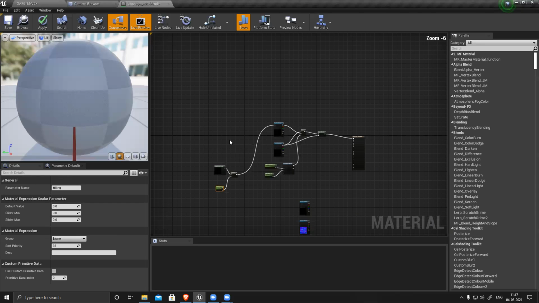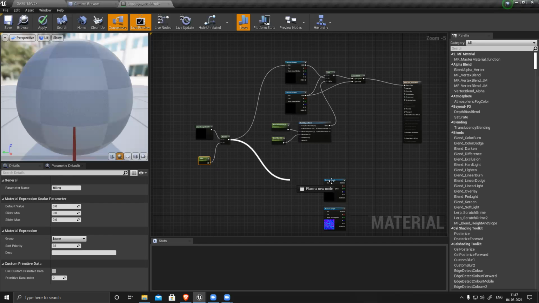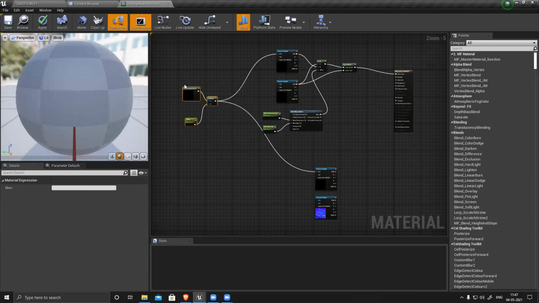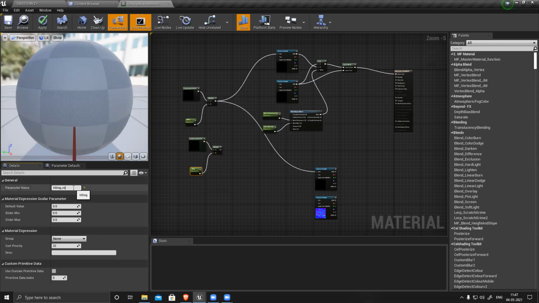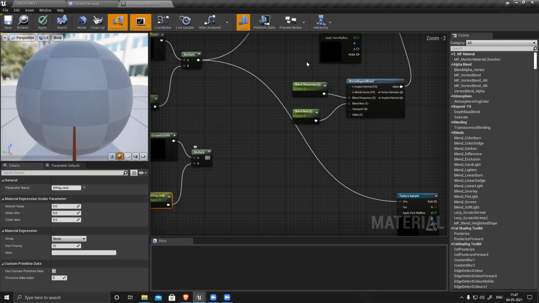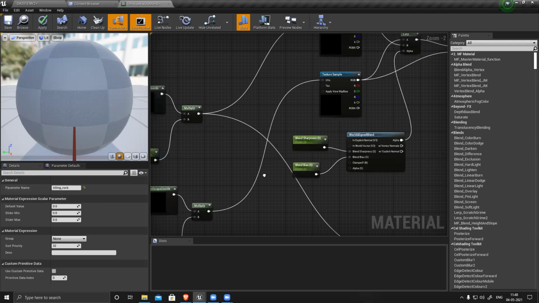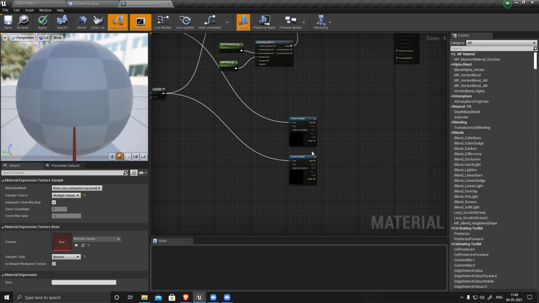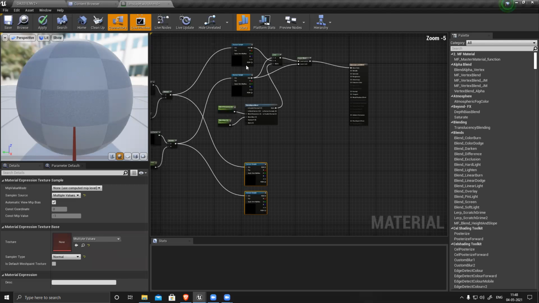So this will connect to all the grass textures. Suppose you want separate tiling for grass and rock, so you have to duplicate this and name it tiling underscore rock and grass, separating the naming, and connect this to the two different textures. If their tiling is the same, then they can connect to the same thing, but if tiling is not the same, then you have to connect it like this. So now my basic setup is ready.